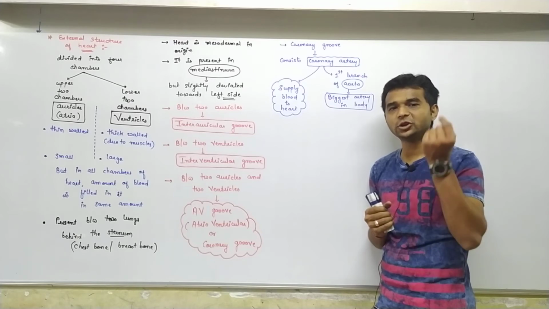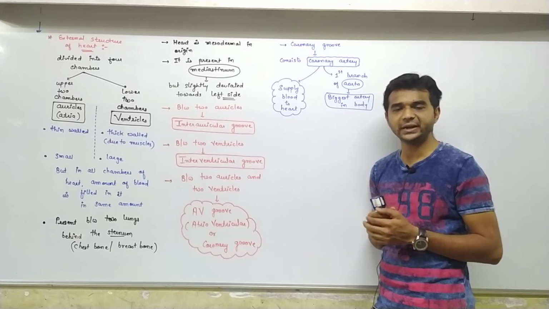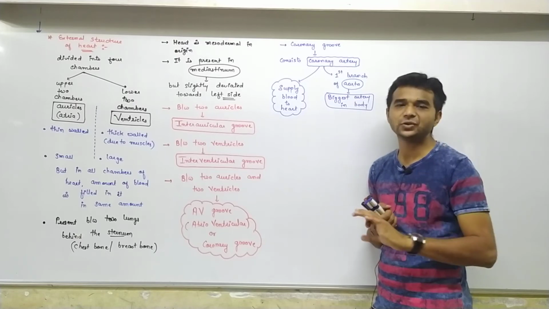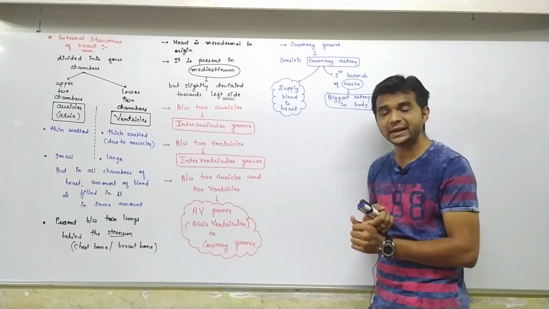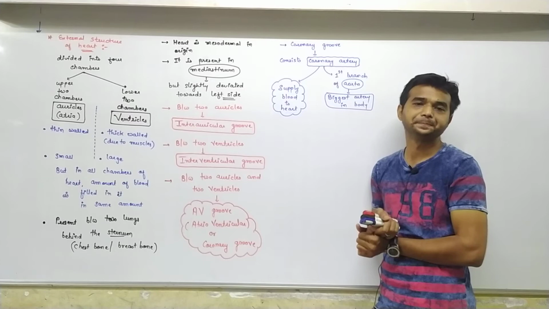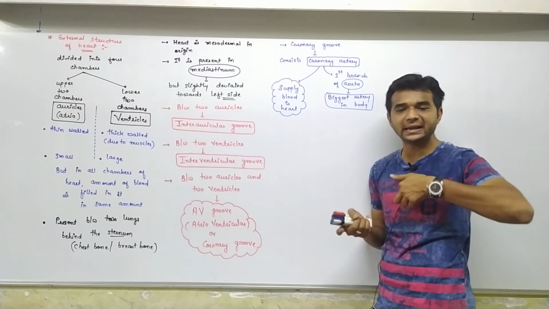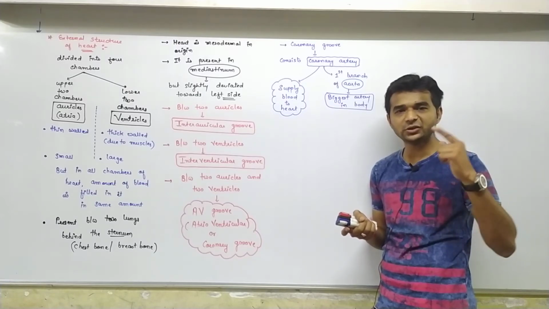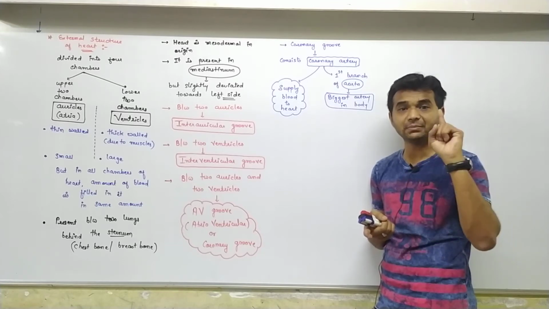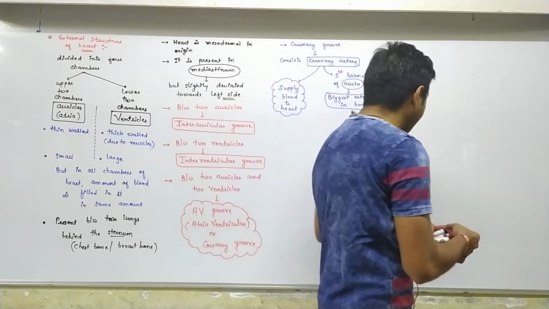So the pure blood is supplied by the coronary artery, and this coronary artery is the first branch of the aorta. And the aorta, you know, originates from the left ventricle of our heart. Our aorta is shifted on the left side of the body. Dear all students, please remember this. Aorta is shifted on the left side in mammals, but on the right side in birds, in aves. Please note this down.